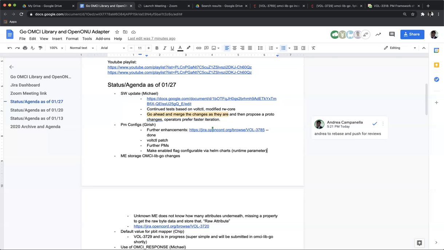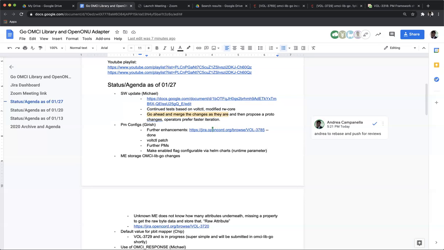Could you please check the northbound API of the RW core for PM config update? It has a structure which is called PM configs. You're aware of it? Yeah. And when RW core gets this PM config update from the northbound system, it takes this PM config structure and overwrites this on the KV store, then sends it to the adapter.